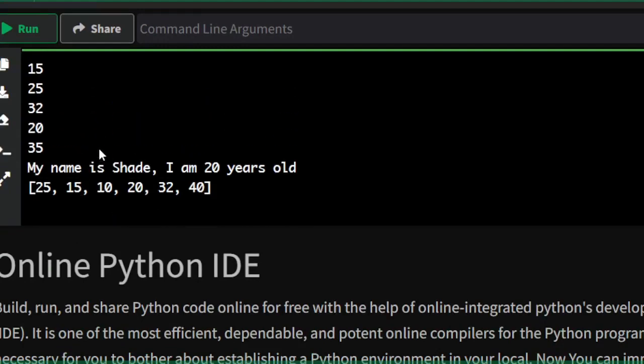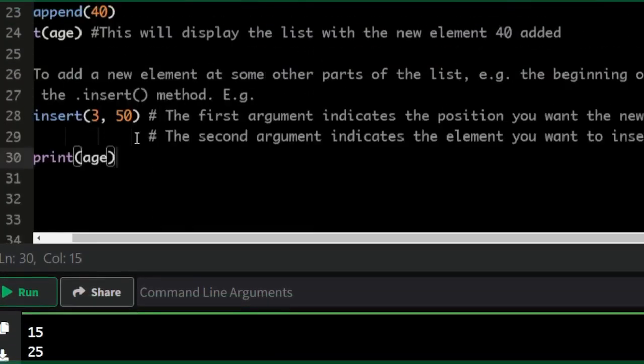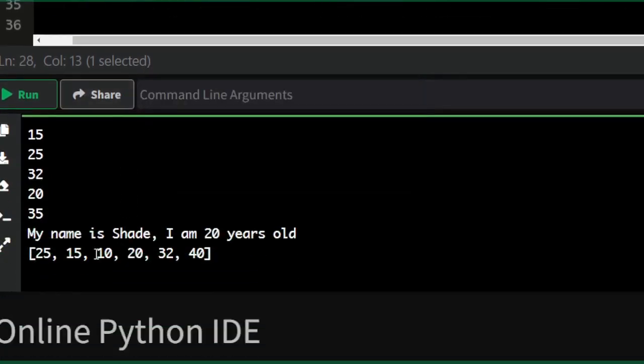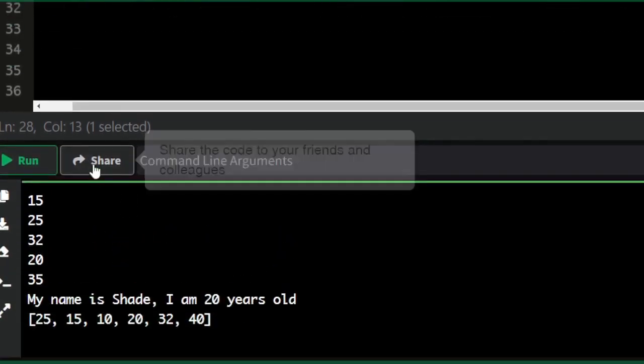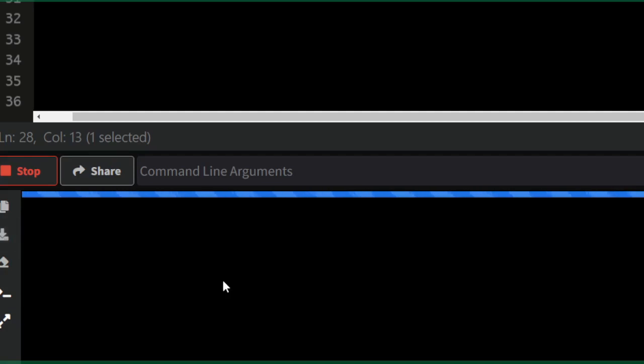So if I ask Python to insert 3,50, I'm trying to tell Python that please go to index 3, insert element 50 there. So our new index 3 element now becomes 50. By the time I run the program, you will see that we are going to have,